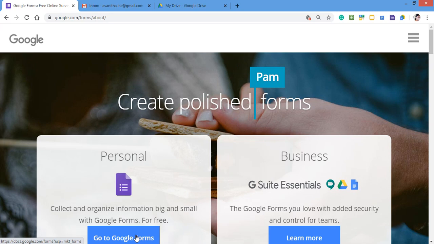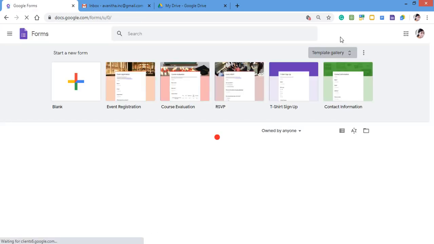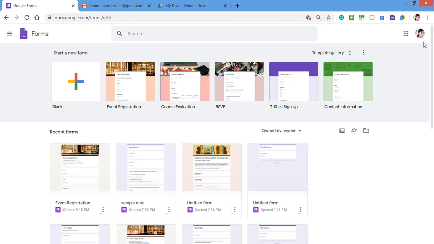Once I click this, we can see the Google Form page, and you can go to the add-ons of Google Form in the form of a blank page or any other templates you want to use. You can go with the templates. This page will be entered once you log into the Gmail account.